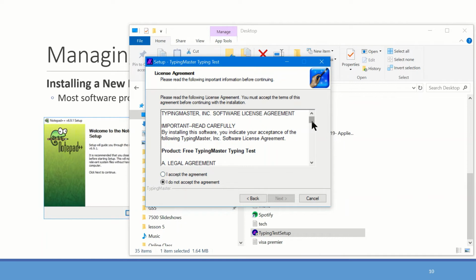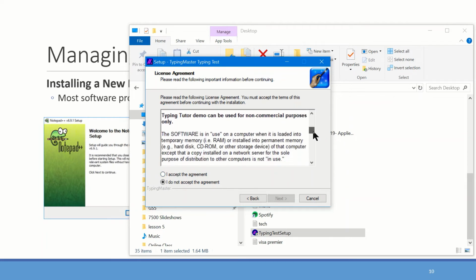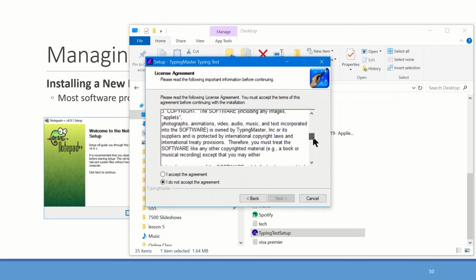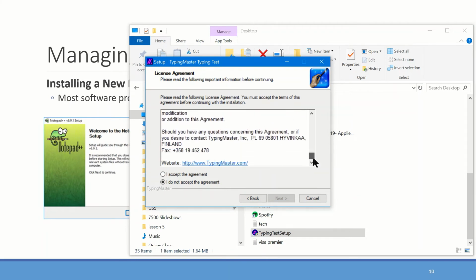It is a requirement for us to read the following license agreement, and then you must accept the terms of this agreement before continuing with the installation. So after reading it, just click I accept the agreement, then click next,